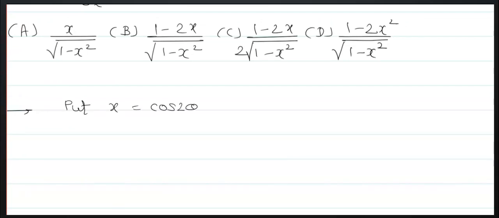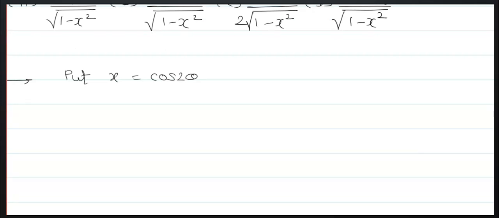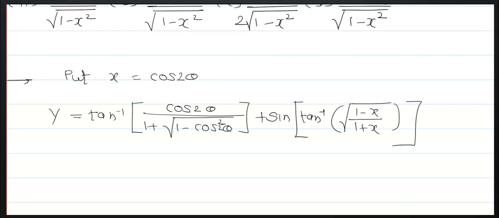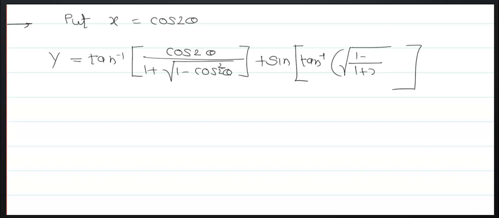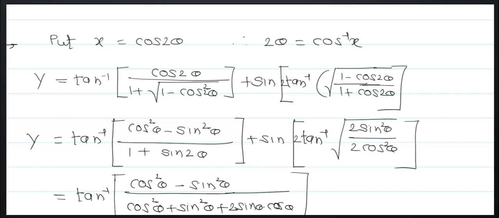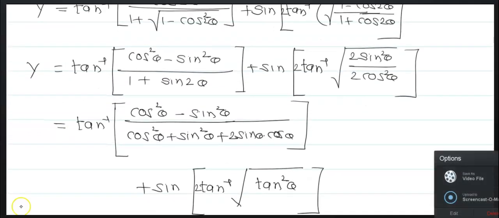Put x is equal to cos of 2 theta. Therefore y is equal to tan inverse of cos of 2 theta upon 1 plus root of 1 minus cos square of 2 theta, plus sine of tan inverse of root of (1 minus x upon 1 plus x), that is 1 minus cos of 2 theta upon 1 plus cos of 2 theta. Therefore, if you substitute the values, then you will get,